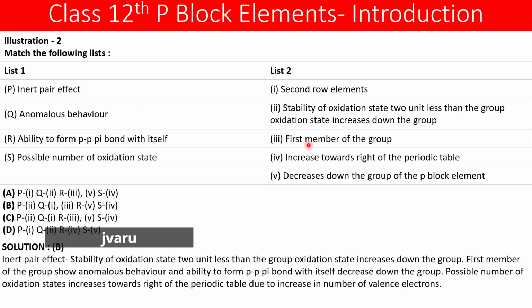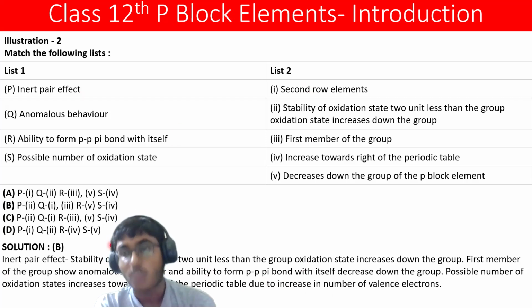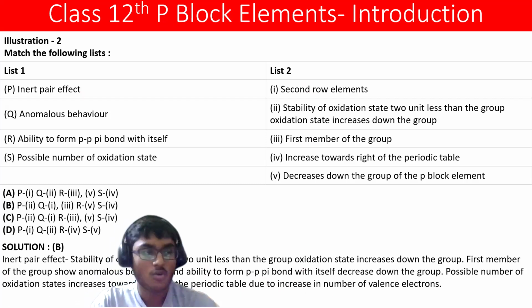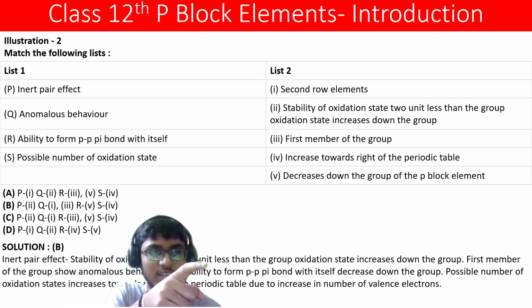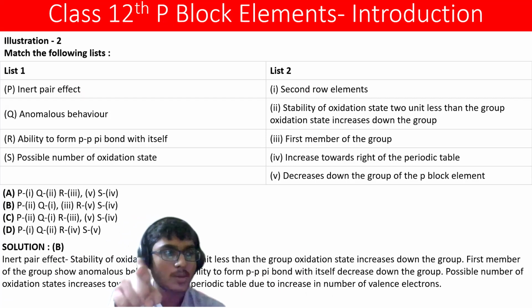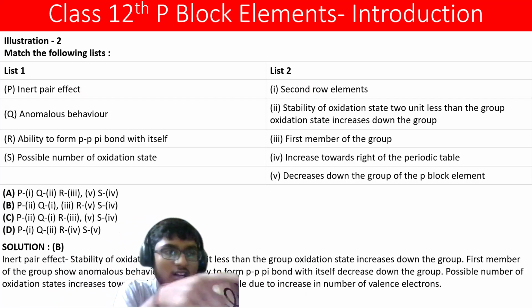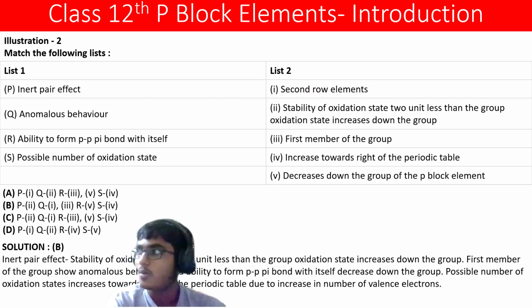करता है टुवर्ड्स राइट, ठीक है, towards right of the periodic table due to the increase in number of the valence electrons। नंबर ऑफ द वैलेंस इलेक्ट्रॉन्स के चक्कर में क्या होता है कि जो पॉसिबल नंबर ऑफ ऑक्सीडेशन स्टेट्स है वो इंक्रीज करता है, ठीक है, टुवर्ड्स द राइट ऑफ द पीरियोडिक टेबल, ओके, टुवर्ड्स द राइट। ऐसा करेंगे तो लेफ्ट जा रहा है, बट ऐसे करेंगे तो राइट चला जाएगा, है ना। हाँ, टुवर्ड्स द राइट ऑफ द पीरियोडिक टेबल।